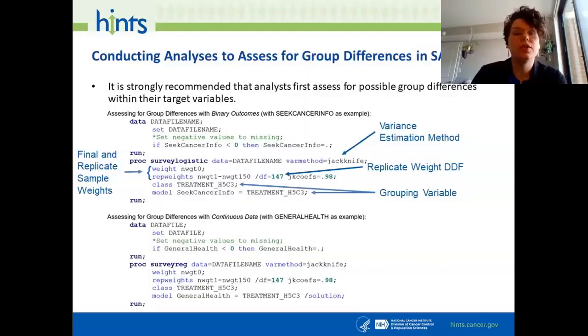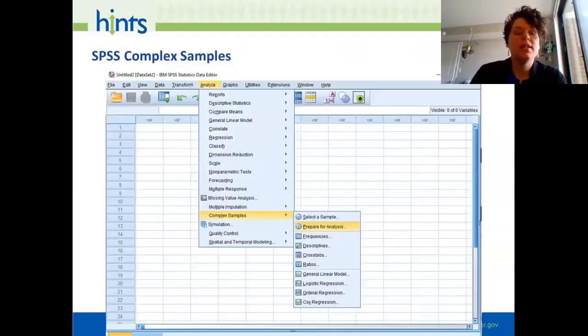Next, I'm going to show you how to do this in SPSS. As I discussed earlier, SPSS uses the complex samples module add-on to base SPSS. In order to determine whether or not you have the complex samples module in SPSS, you would go to Analyze, Complex Samples. And if you don't have complex samples here, you don't have the complex samples module, and you'll either need to get that or switch to a different program. So if I am wanting to run my analyses in SPSS, I do have the complex samples module add-on. I need to do a little bit of housekeeping before I get ready to actually analyze my data.